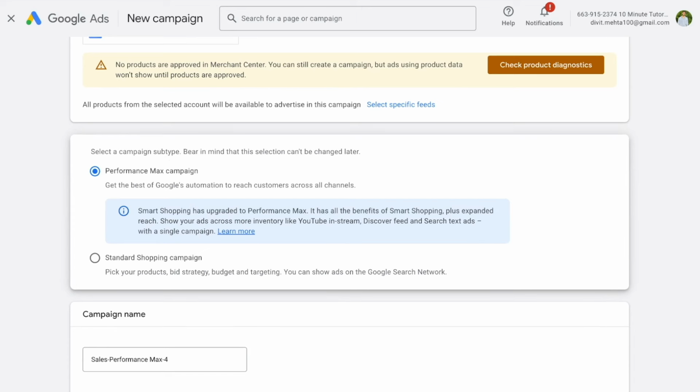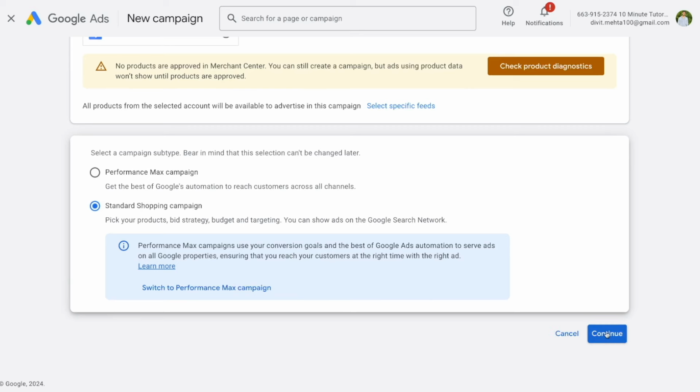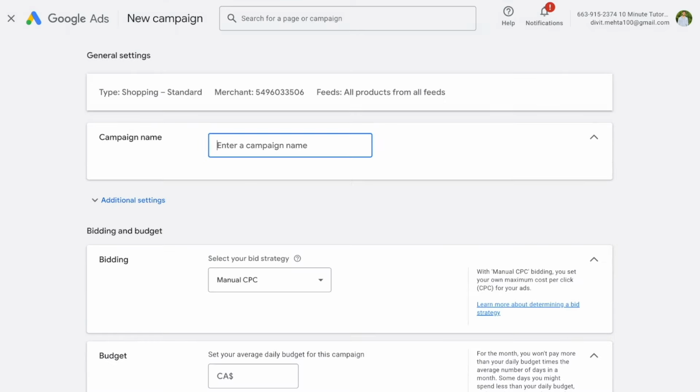And then over here, Google is basically trying to push us Performance Max, but I really don't like it. I think the standard shopping campaign makes most sense because you have complete control of exactly what you're advertising then. So I'm going to go ahead and select standard shopping campaign and press continue. Now, once we have that completed, we'll be directed over here where we can go ahead and give our campaign